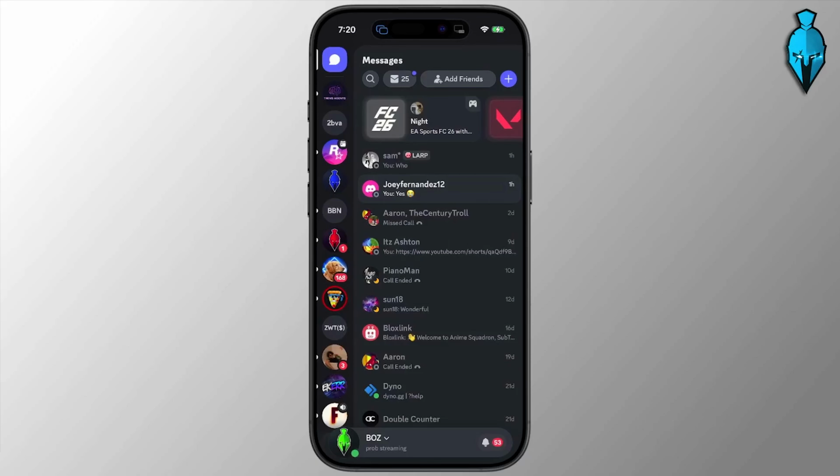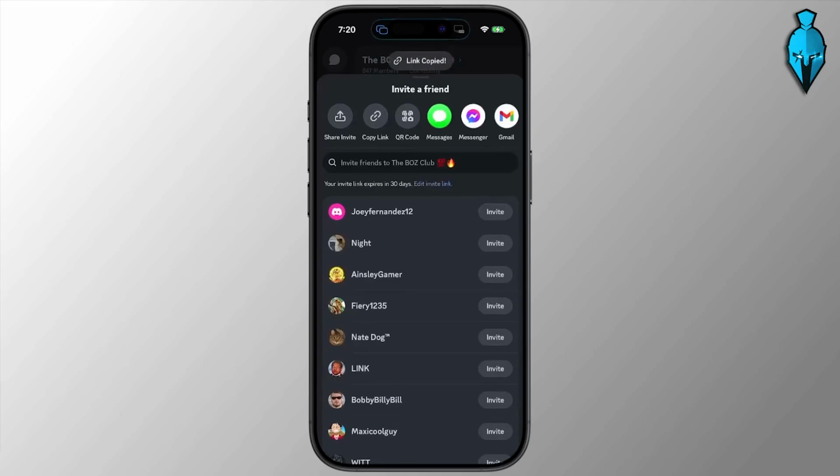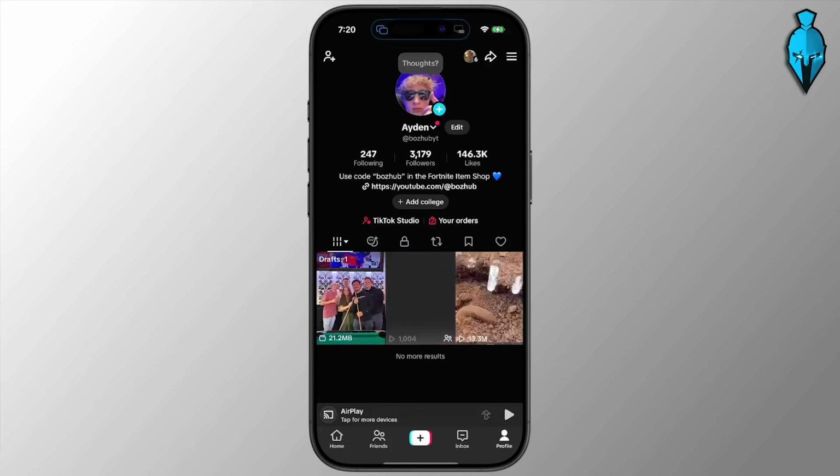First things first, go ahead and open up Discord. And once you open up Discord, what you need to go ahead and do is get whatever link you want to share. If you want a link to your Discord server, open up whatever server that might be, go ahead and select the name up at the very top, and get the invite friend section just like so. Copy the link,